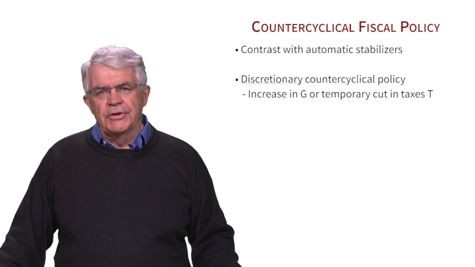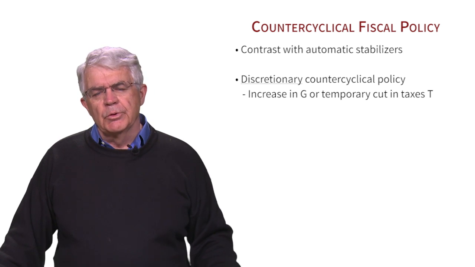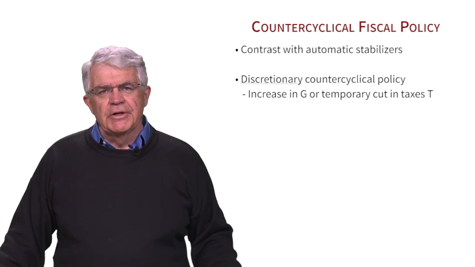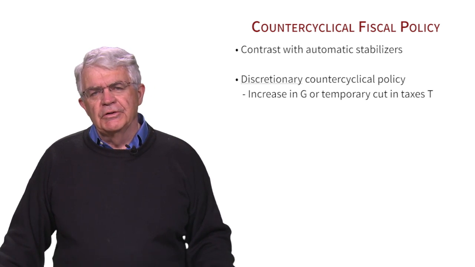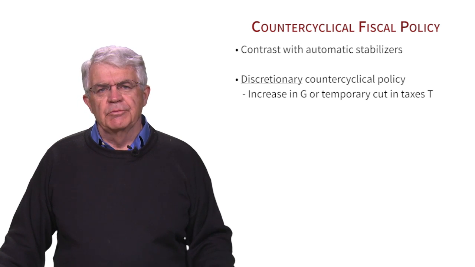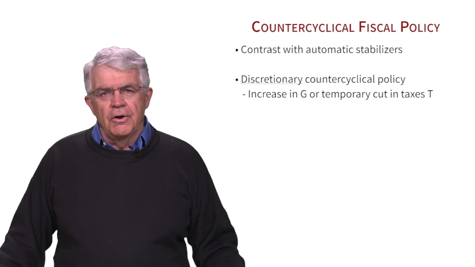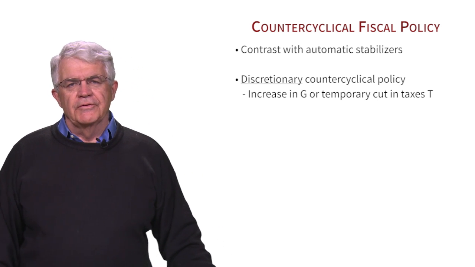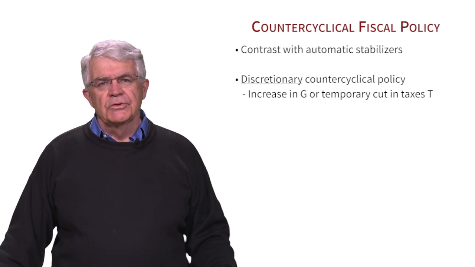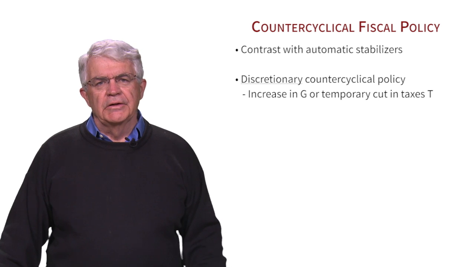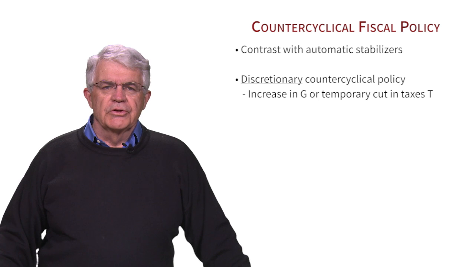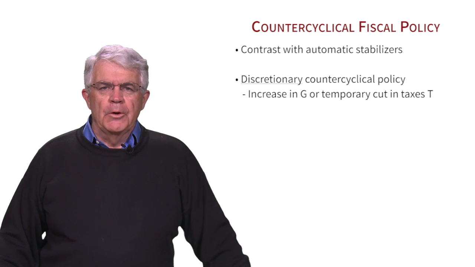And contrast that with the automatic stabilizers that we discussed when we noticed how the budget deficit or surplus moves along with the economy. Automatic stabilizers refers to the fact that government spending can automatically rise in a recession because there's more unemployment payments being made, or taxes can automatically fall in a recession as people lose their jobs. So that counters the tendency for the economy to go down further by reducing taxes and increasing spending automatically. Today, we're not going to focus on the automatic stabilizers, but these discretionary changes where there's specific decisions made to change the law or to take actions.